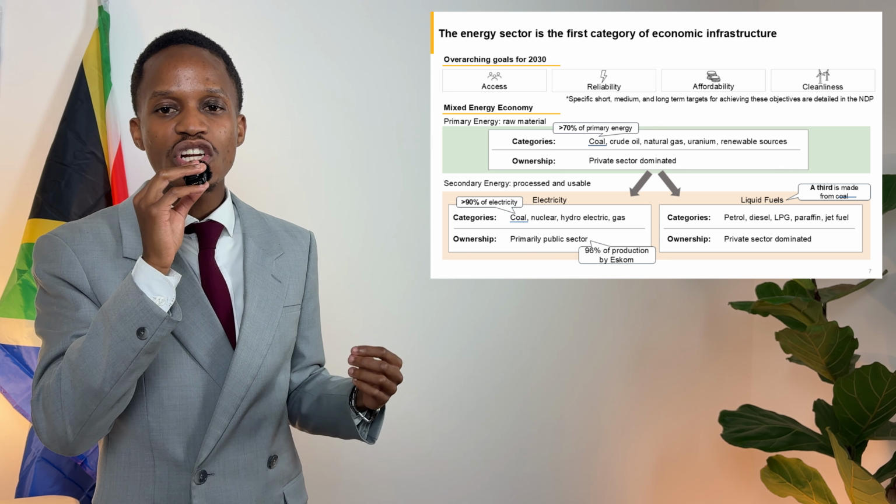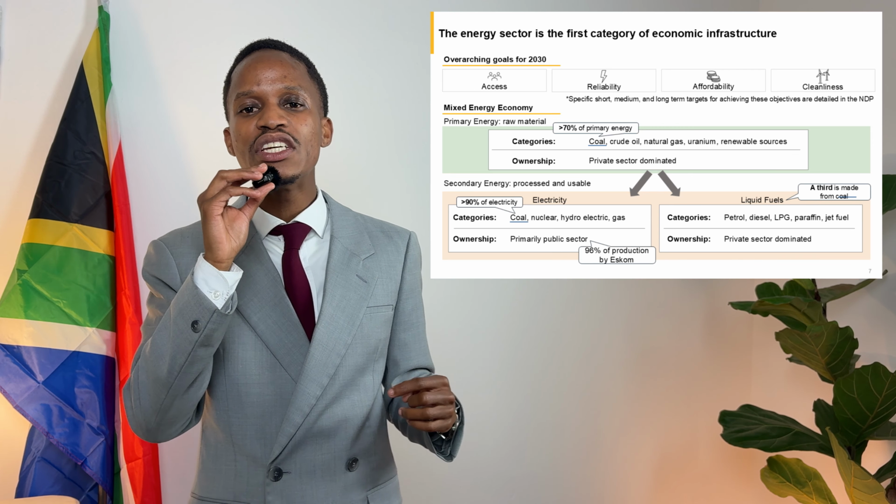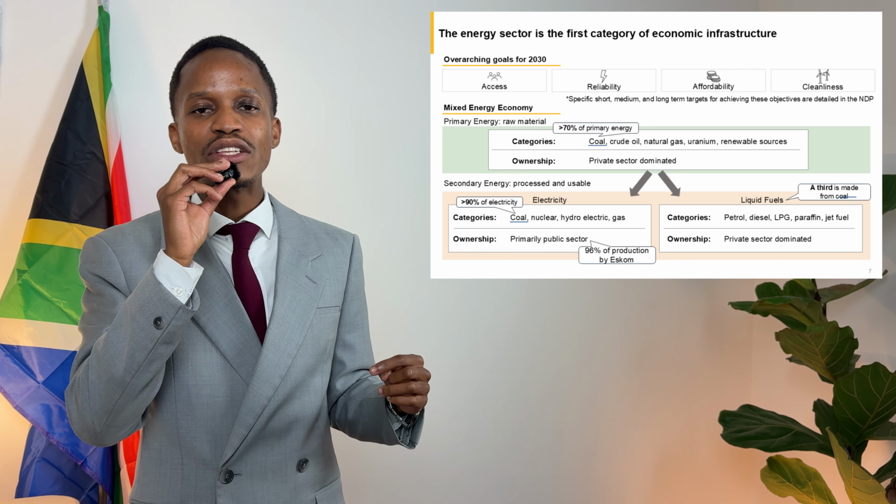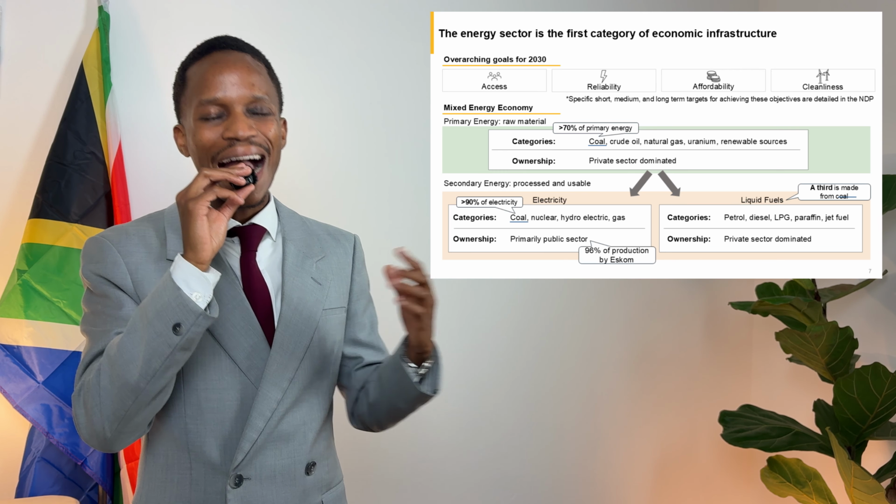Toward making electricity and liquid fuels more accessible, reliable, affordable, and clean, the state in 2012 prioritized improving competition in electricity generation and stabilizing the reliability of coal supply by improving railway infrastructure and operations. Additionally, the state prioritized developing cleaner sources of energy to reduce the heavy reliance on coal and high level of